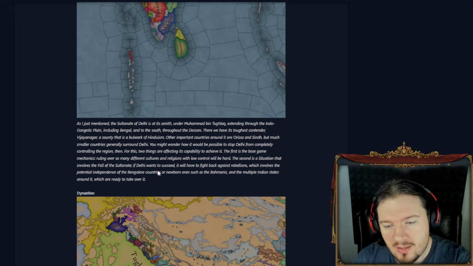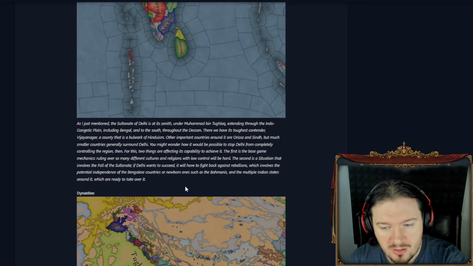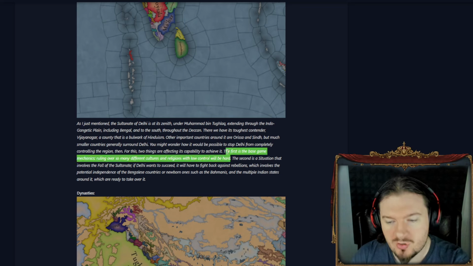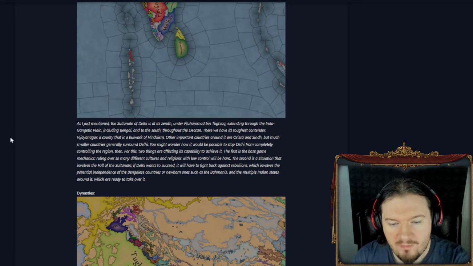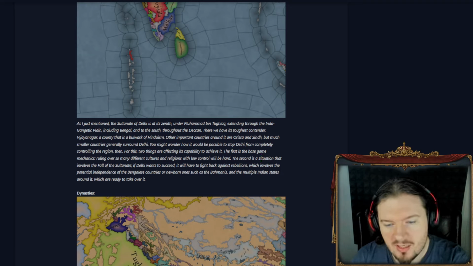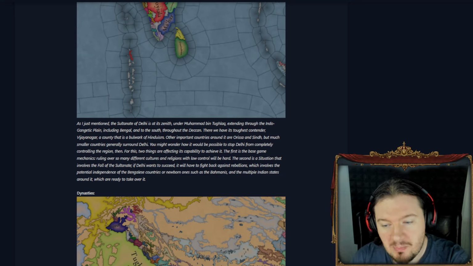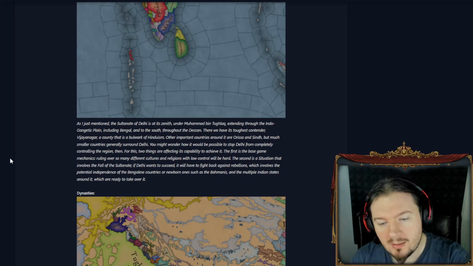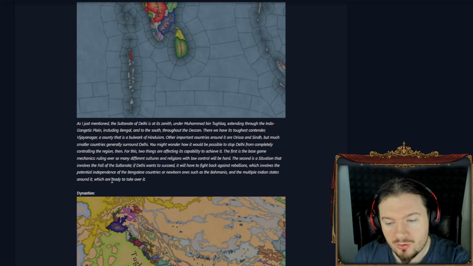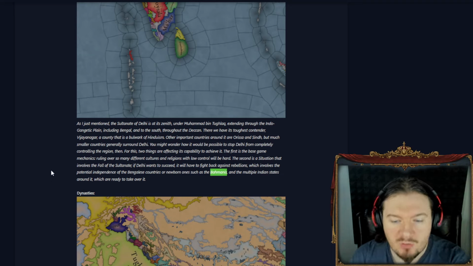For this, two things are affecting its capability to achieve it. The first is the base game mechanics. Running over so many different cultures and religions with low control will be hard, so the Mamluk problem. The second is a situation that involves the fall of the Sultanate. If Delhi wants to succeed, it will have to fight back against rebellions, which involves the potential independence of the Bengalese countries, or newborn ones such as the Bahmanis, and multiple Indian states around it, which are ready to take